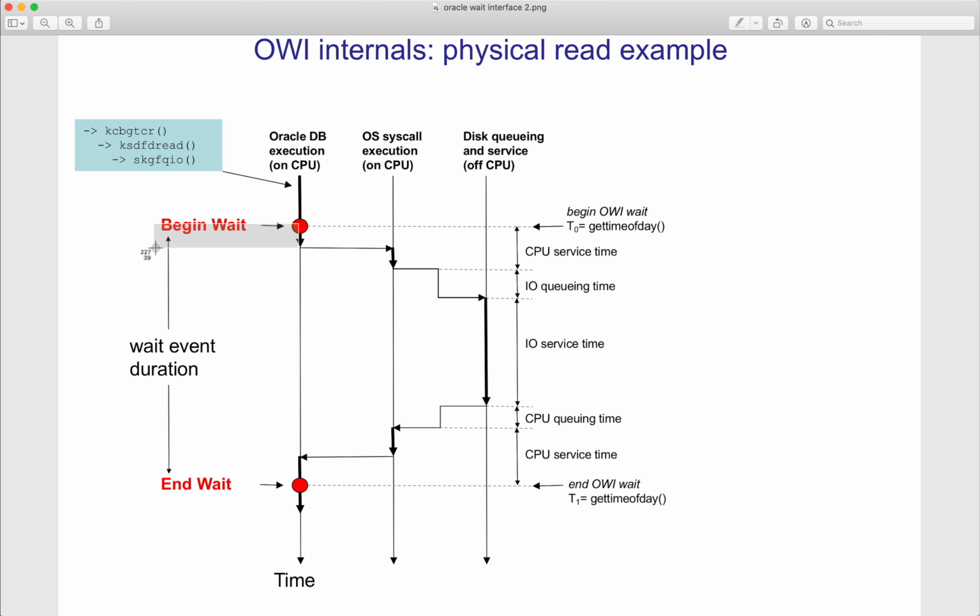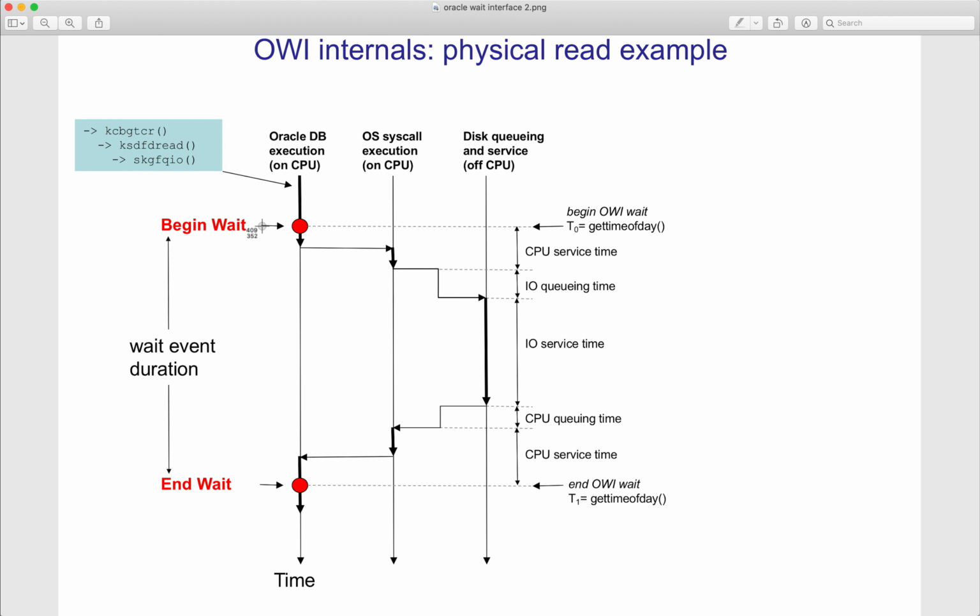Oracle thinks it's already waiting, right? Oracle has registered, hey, I'm waiting now. But actually, we are burning CPU in the OS kernel level, trying to get this I/O ready. And now we submit the I/O, then we go to sleep. The OS puts us to sleep. And when the I/O finishes, then we are doing more CPU usage. Depending on, if you're not using direct I/O, then data gets copied around and I/Os need to complete it. I/O structures need to be cleaned and completed. So there is more CPU here. So basically